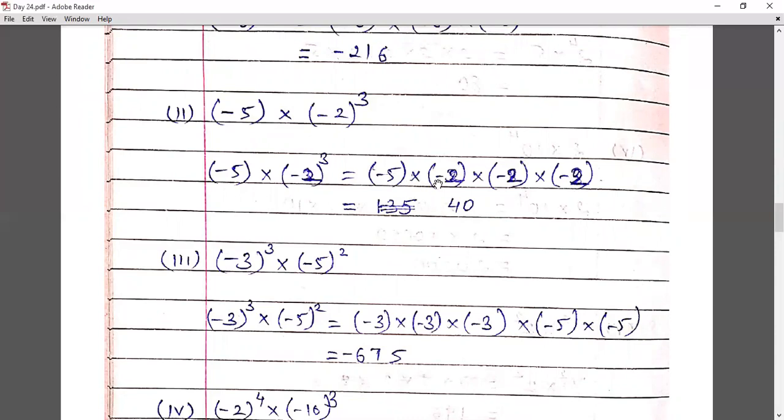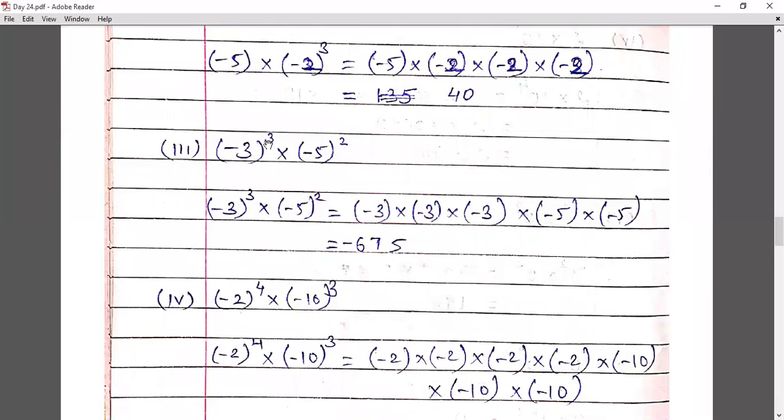Now you see minus is 4 times. 4 is even. Hence your answer will be positive, or minus minus plus, plus minus minus, minus minus plus. So I will be using the trick for the further subparts.